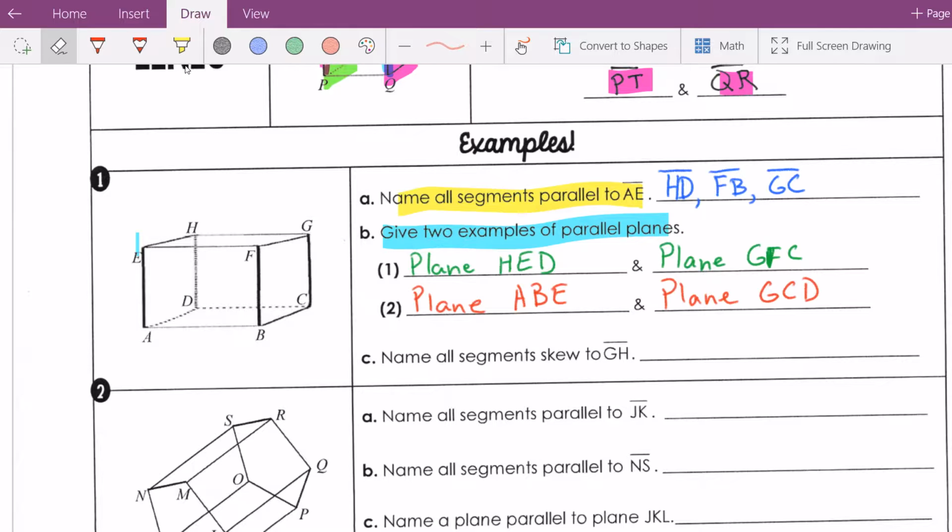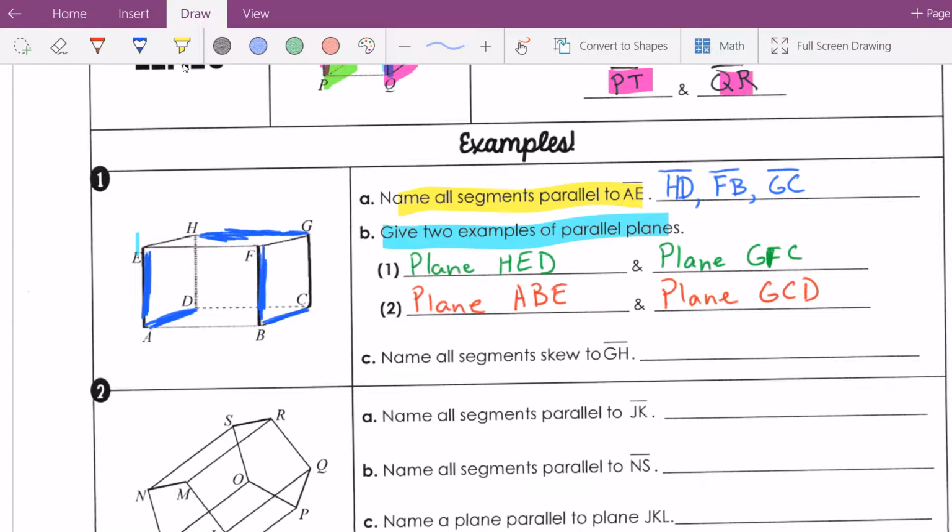Alright, now for the last part of this, we're wanting to know which part is skew to GH. So look at where GH is. We've got GH here at the top. So we need everything that would be going pretty much in a different direction of GH and does not intersect it. So it's a matter of just looking through it. We've got AE here at the front, FB here at the front, AD,